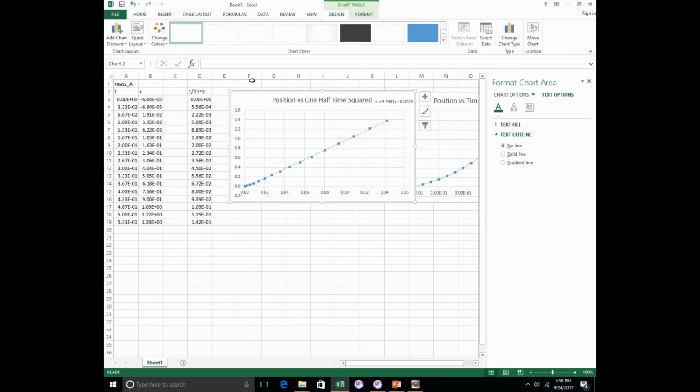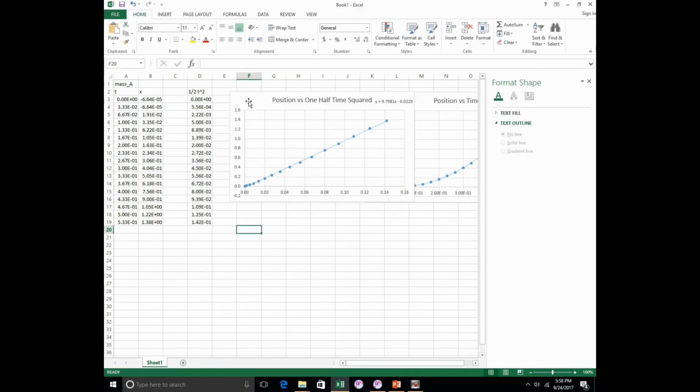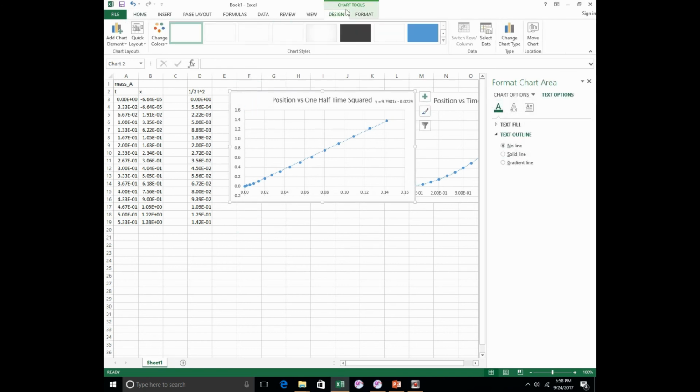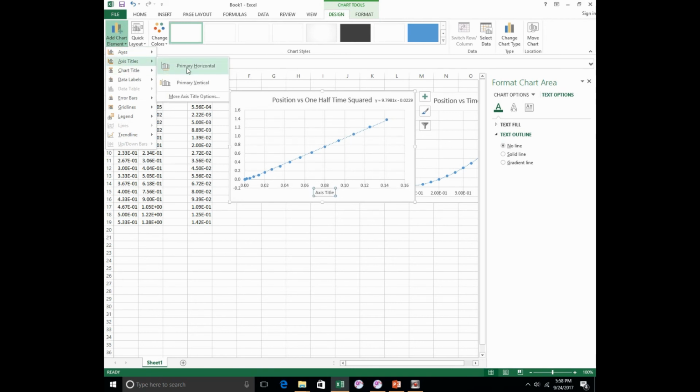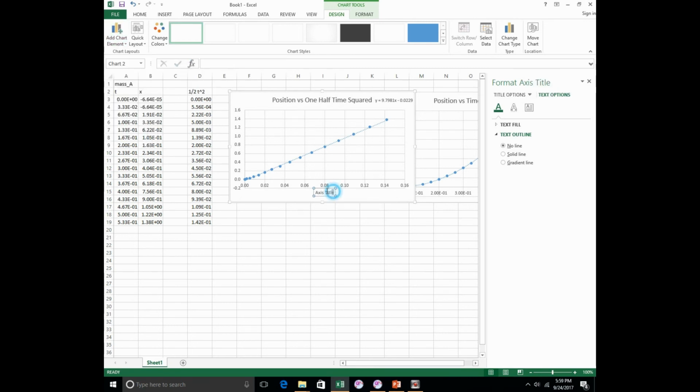Okay, so sorry about that. It was right in front of me. So what you can do is click on the graph and then go to Chart Tools, Design, so not Format, but Design. Then we're going to do Add Chart Elements. They put them in different places all the time. It's a little weird. Anyway, primary horizontal axis. So I'm going to click that, and you'll notice there's a little box here. You can come down here and you can say,